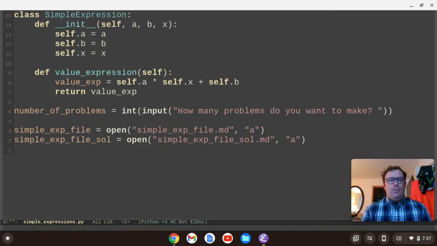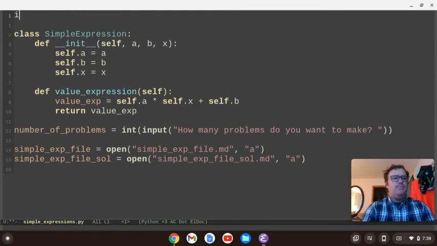so now what we need to do is begin to create our A, B, and X values, okay? And what I actually think we should do is go up to the top and import random, okay? And I'm going to create a random num list, and it's going to be an empty list. And